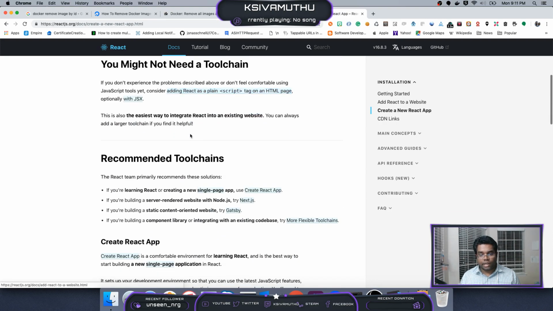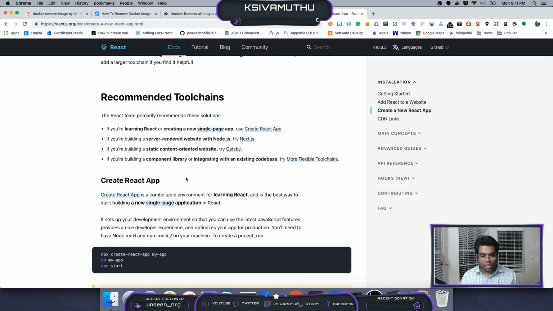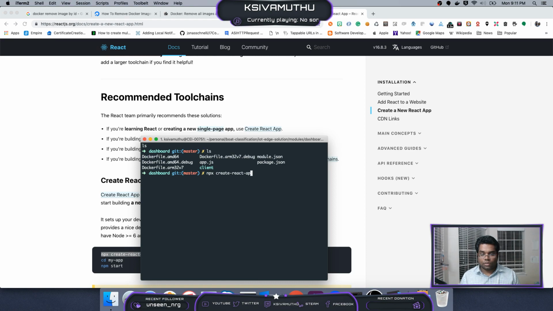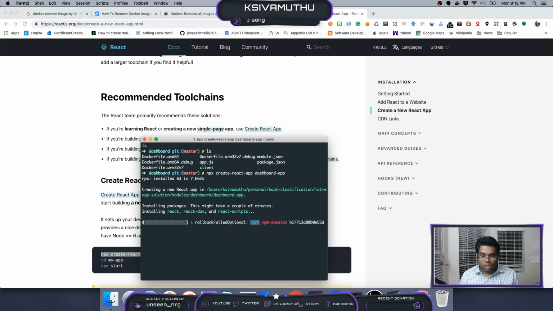I'm going to create a simple React app and add the socket client for the React application, and also we are going to display a small card to display the dynamic temperature. So execute this React app. Let's call that dashboard app. So it's going to create the React application. Then the next step is we are going to add a socket client. So let it install all these packages. Okay, in the meanwhile,